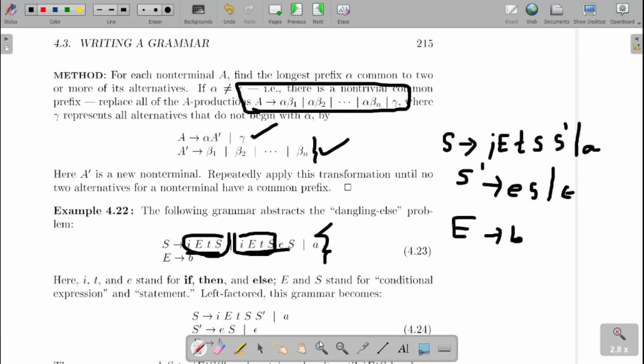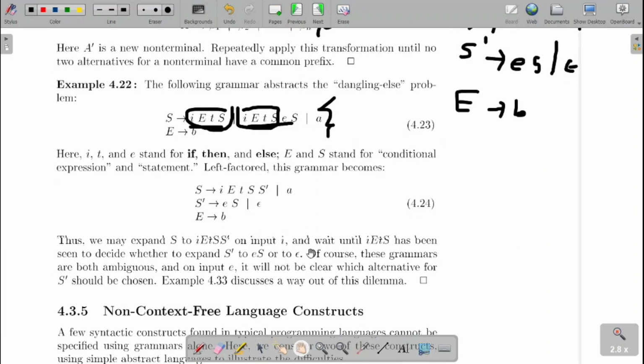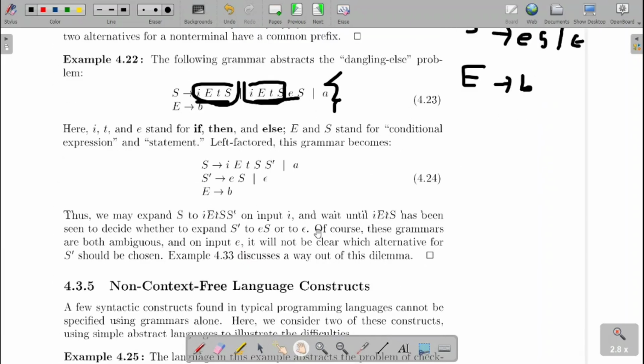So this is left factoring, where the common thing will be taken out. To apply top-down parsing, first we need to eliminate the ambiguity. Then the left recursion is to be removed. Then left factoring is to be done. Only then is the grammar suitable for applying top-down parsing. That you have to remember.